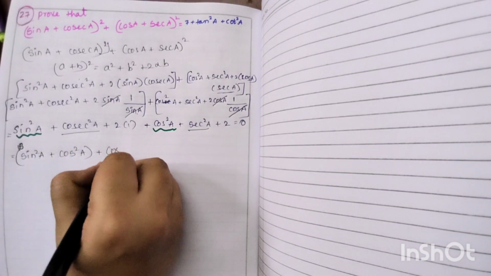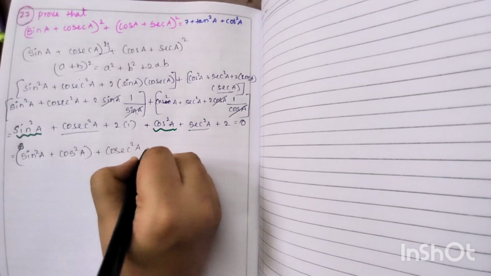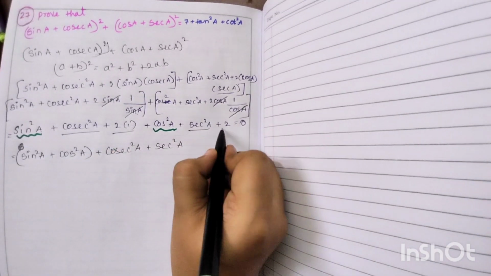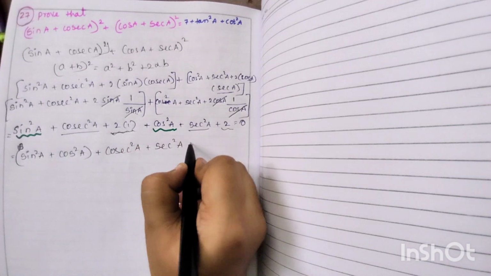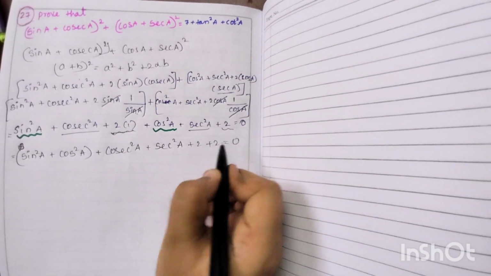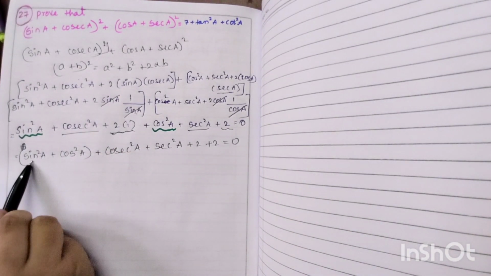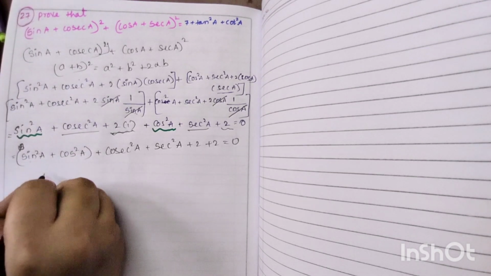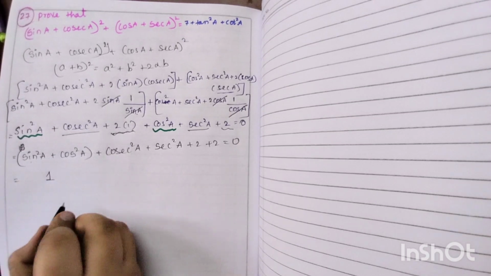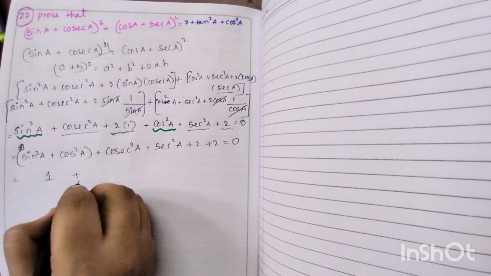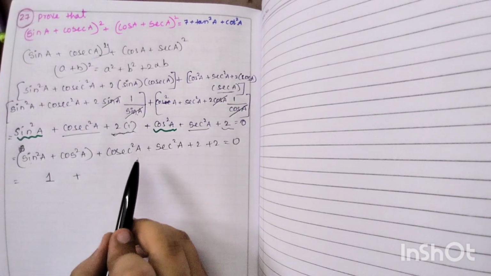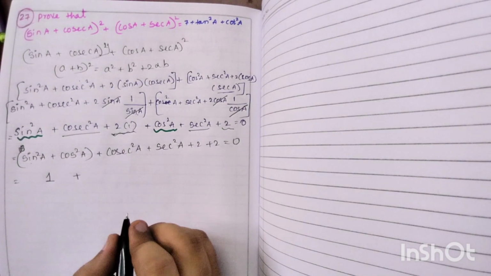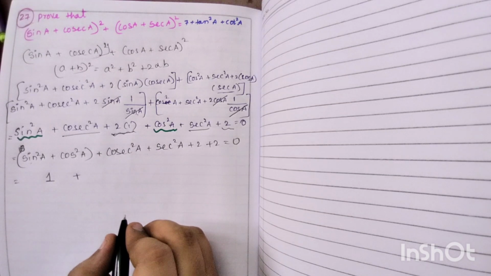Then cosecant square a plus secant square a, this 2 plus 2 plus 2 is equals to 0. Now sine square a plus cos square a, we will get, yes, exactly correct, 1. And then cosecant square plus secant square, we will get as, we can write it as,